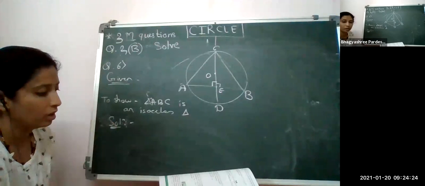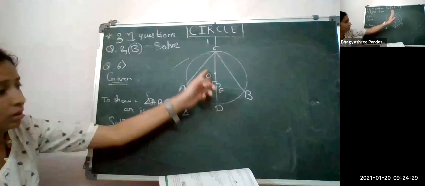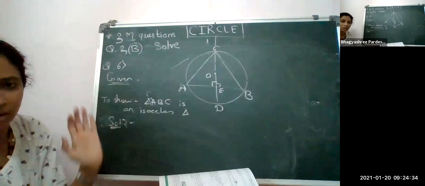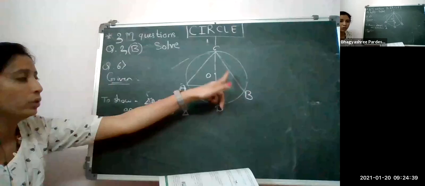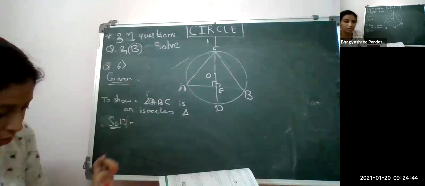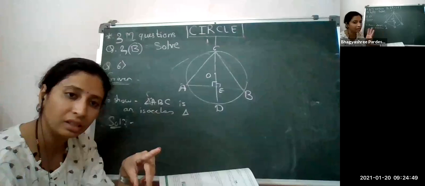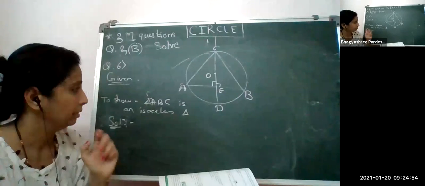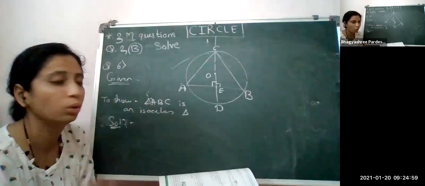So what solution will we do here? If you look properly, the bigger triangle is divided into two triangles. This is one, and this is the other one. If I am able to show that the two triangles are congruent, then I can directly say that the corresponding sides are also equal. This we know very well. If two triangles are congruent, then their sides are equal and their angles are also equal, according to CPCT. I'm just going to say how to do this; solve it for your homework.